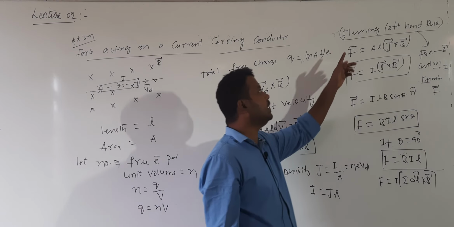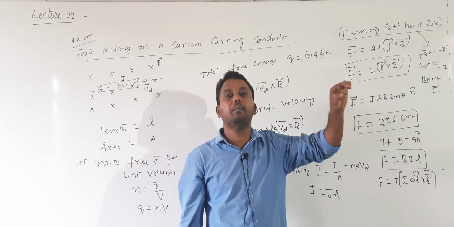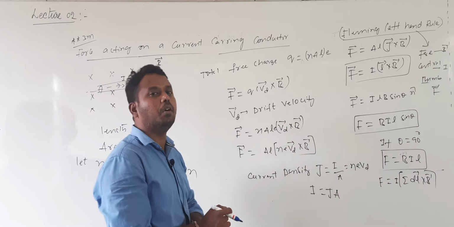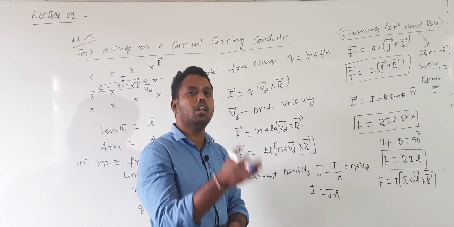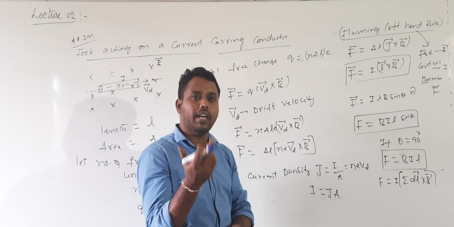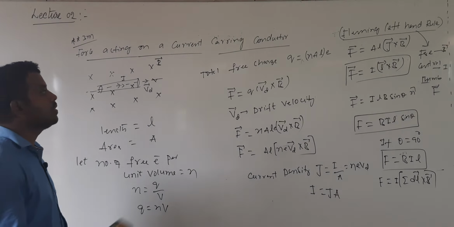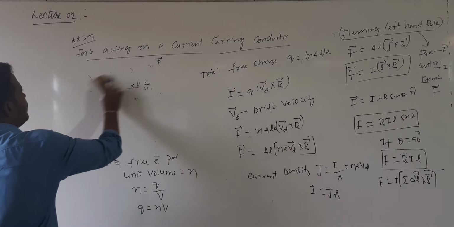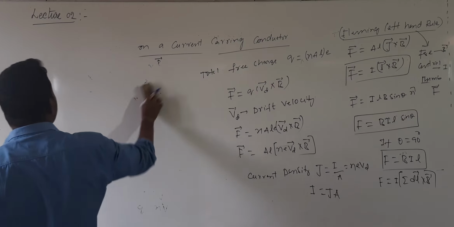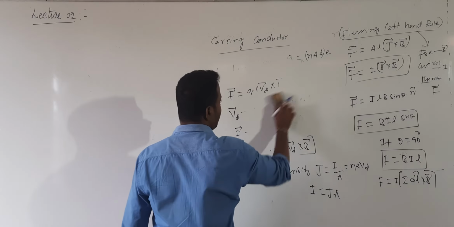And one more important point I forgot yesterday: the direction given by Fleming's left hand rule is for a positive charge. When I consider a negative charge, the direction will be opposite to that for the positive charge. For example, if the force acting on a positive charge is along the positive y-axis, then for a negative charge it will be along the negative y-axis. So that is Fleming's left hand rule, for finding the direction of force acting on a charge and also the force acting on a current carrying conductor placed in an external uniform magnetic field. Concept clear?